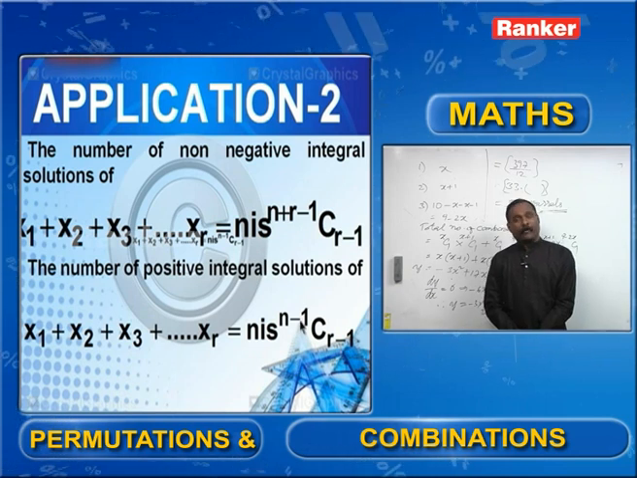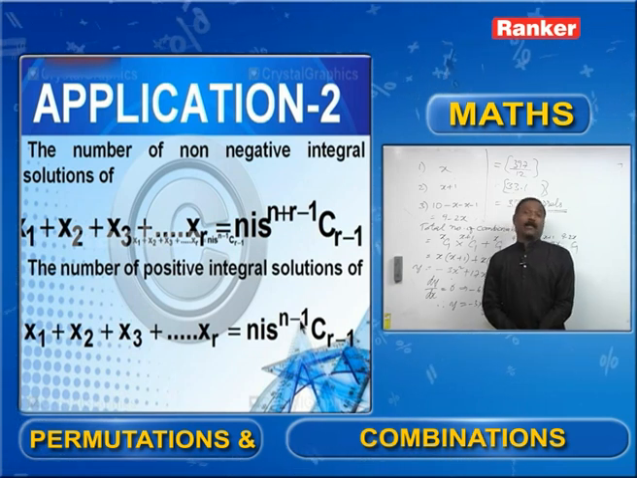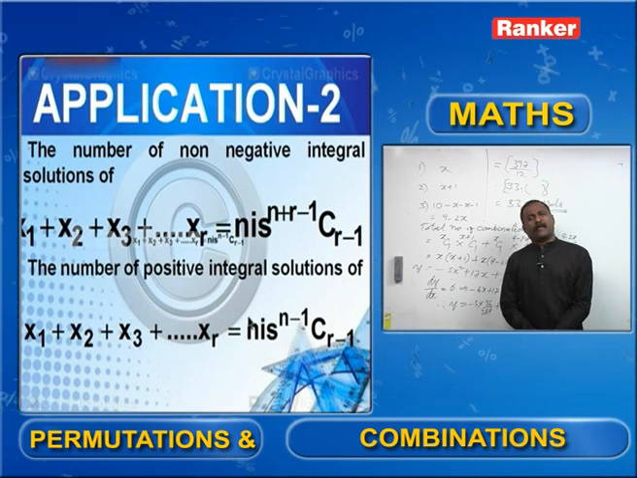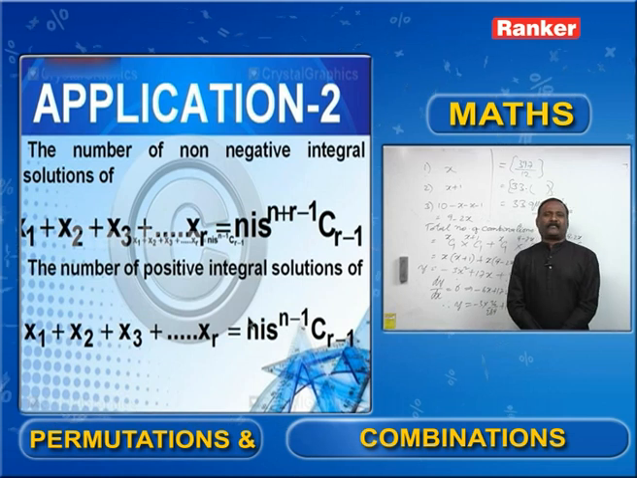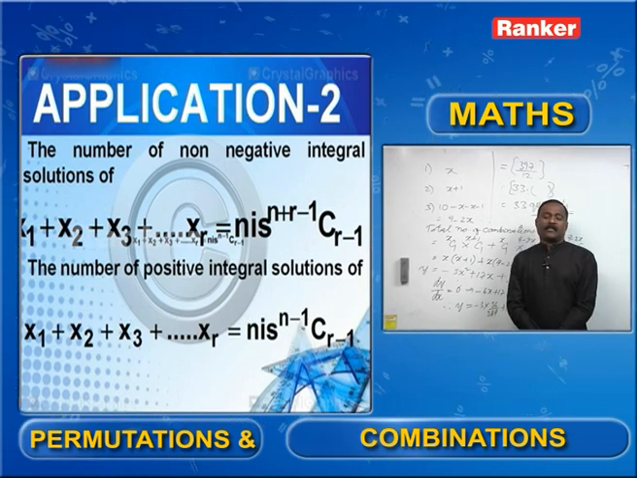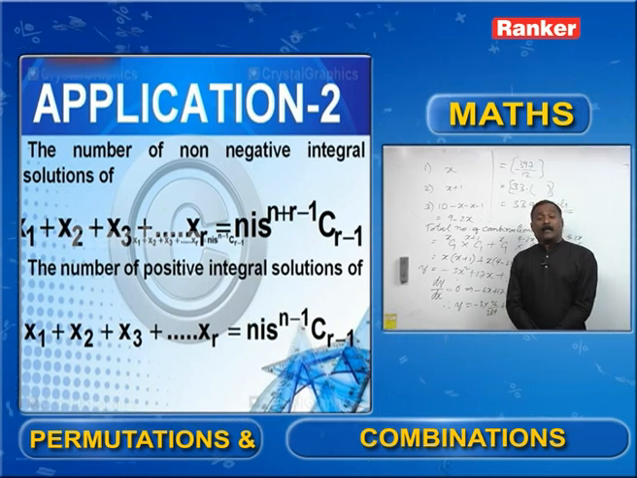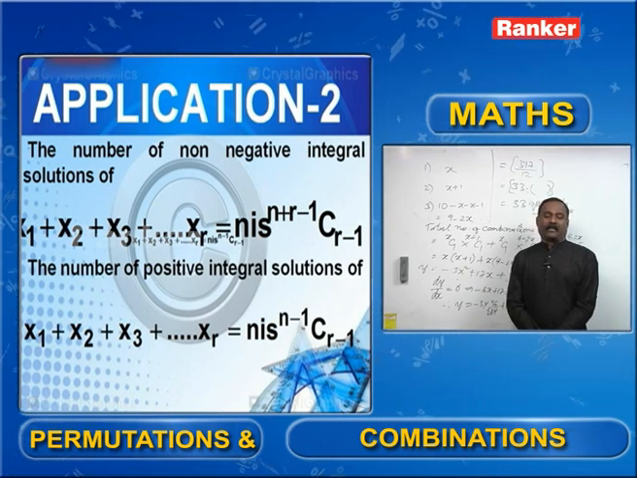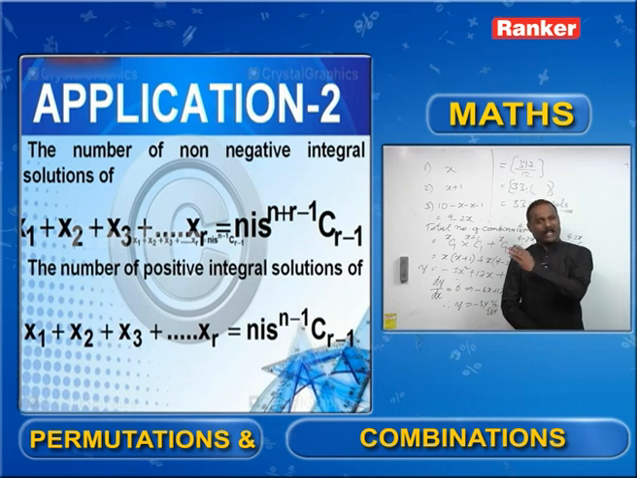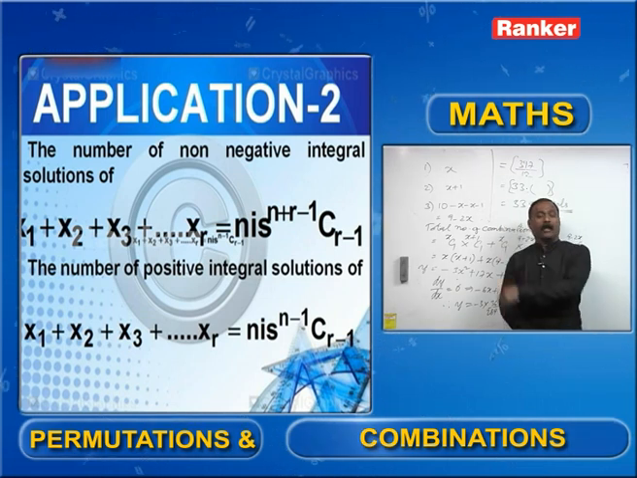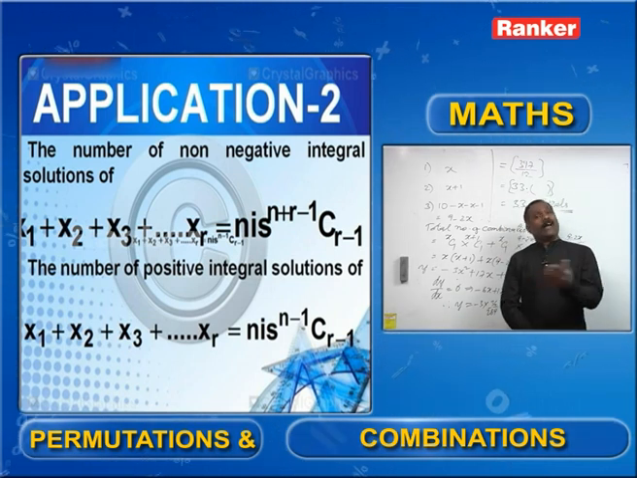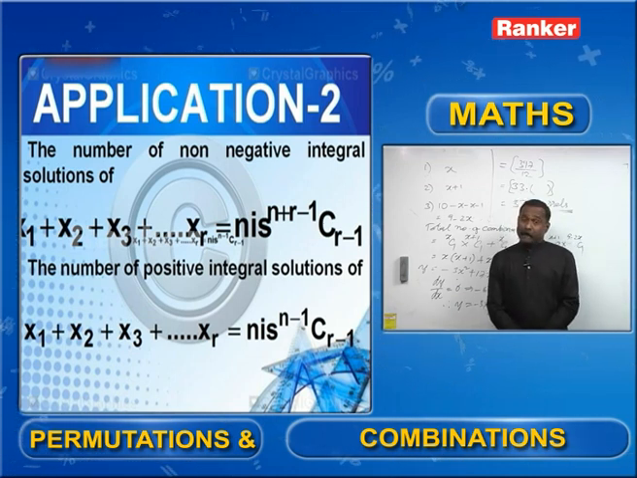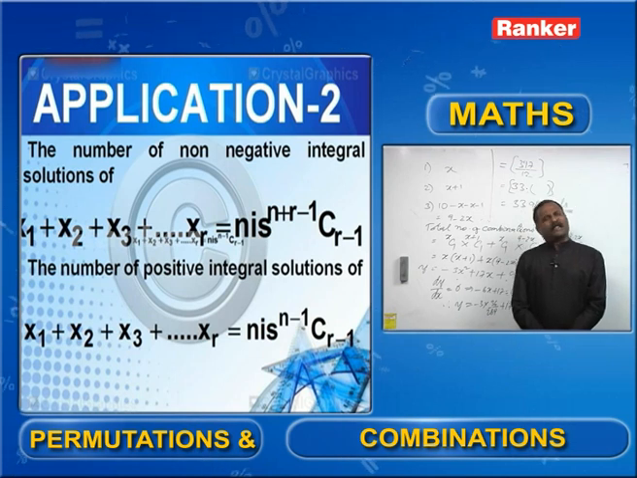But before explaining that, let me first tell you the number of non-negative integral solutions means 0 is also included. The number of positive integral solutions means 0 is not included. Only positive integers should be taken. That means in the first case, it starts from 0, 1, 2, 3, 4, 5, and so on. In the second case, 0 is excluded. It starts from 1, 2, 3, 4, 5, 6. Okay. Now, for example,